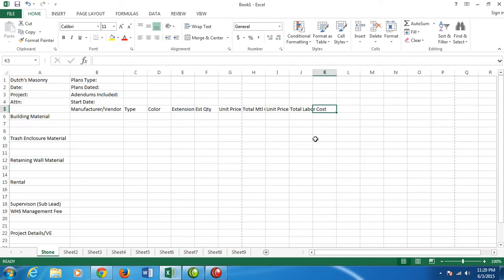So the next thing that I noticed, and this is where we're going to go on page 5, notice this dotted line. It's right between G and H. That means if I were to print this, all of these items over here after H would be on the second page, and we don't want that. We want this all to be on one page. So the first thing that we're going to do is the